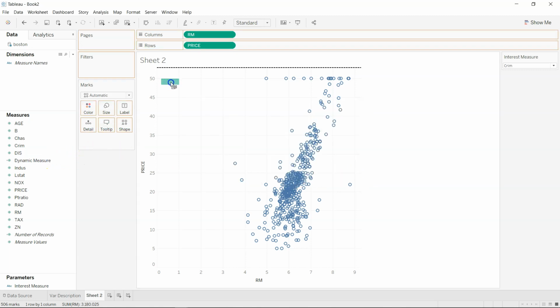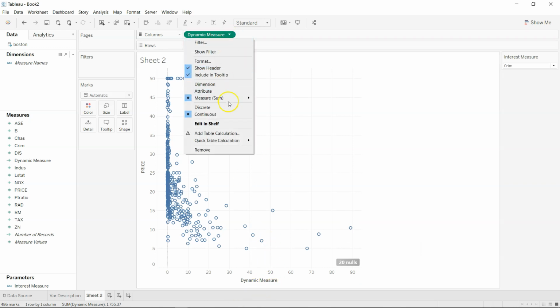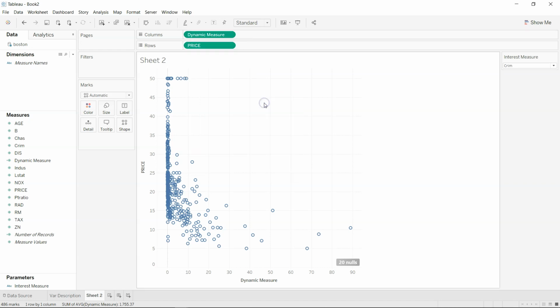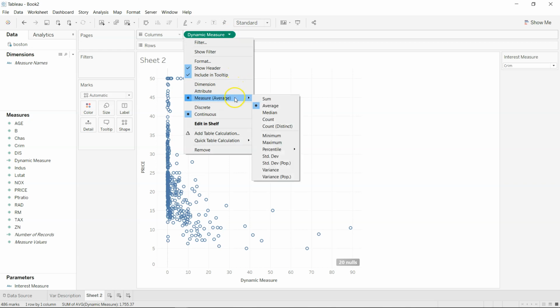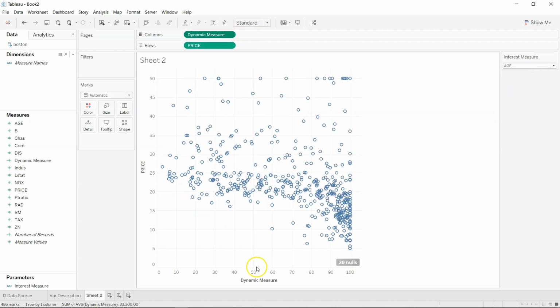Now I will just go ahead and replace this with the RM over here. Okay, so right now the CRIM, the crime is selected, and that's why you are getting the value over here. But we'll just quickly check that the measure is average. All right, and measure is average. Fine. So now if I just go ahead and click on H, based on that, it will show you